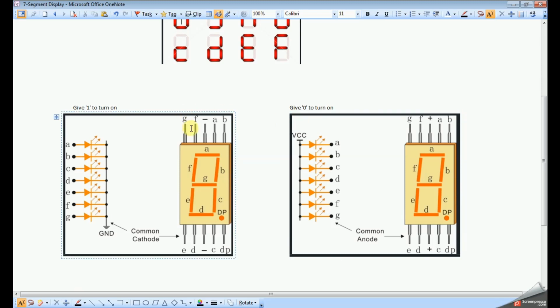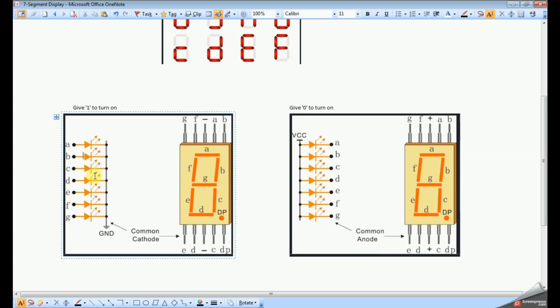So there are two types of these 7 segment displays, that is common cathode and common anode. So this is the common cathode display left side. So the internal connection of this common cathode is given in the left.